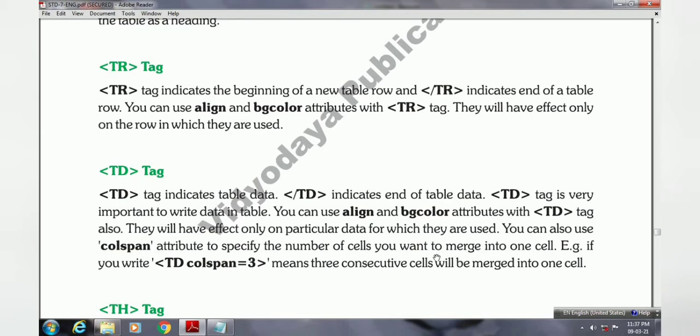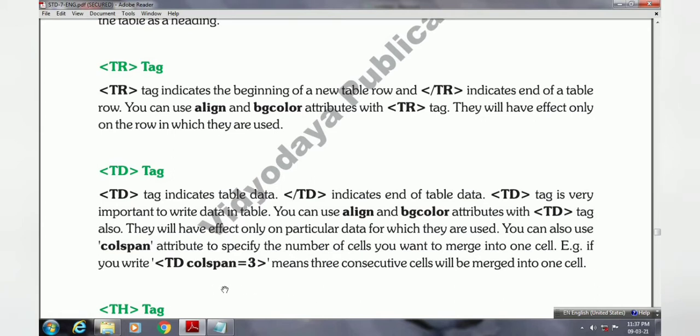Here, if you want to merge the cells of any row or column, you can use the colspan attribute along with the td tag. Here it's written td colspan equals 3, means what? Three consecutive cells will be merged into one cell. So with the help of this coding you can merge 3 cells into one cell. When we see it practically, you will understand things better.